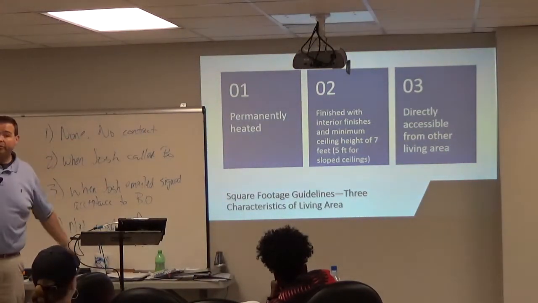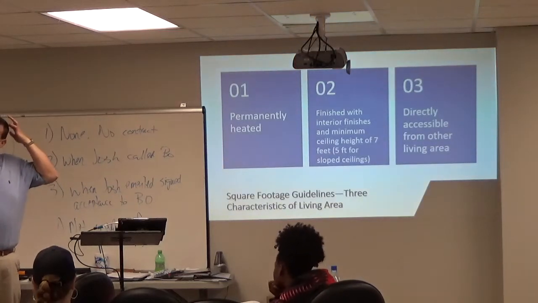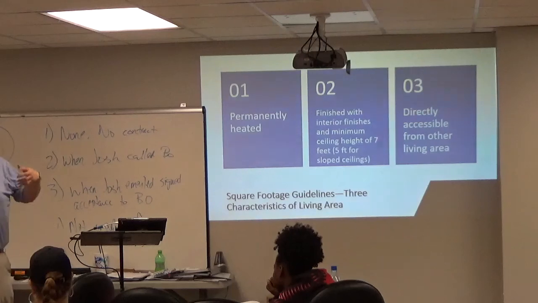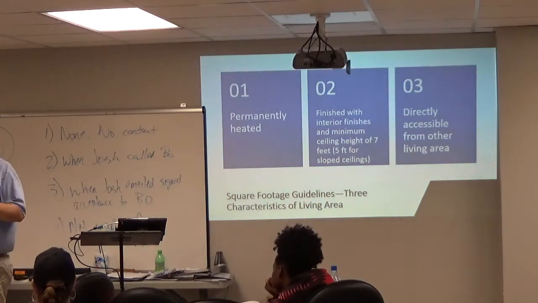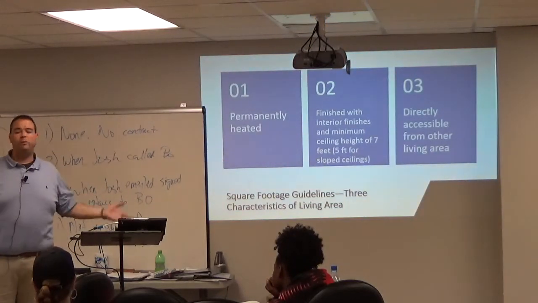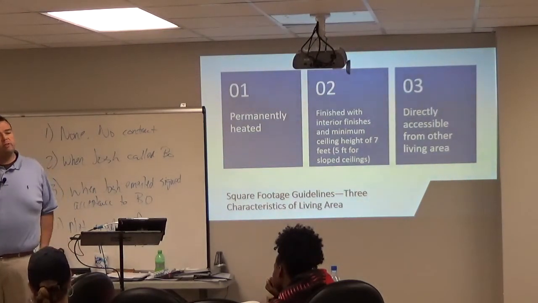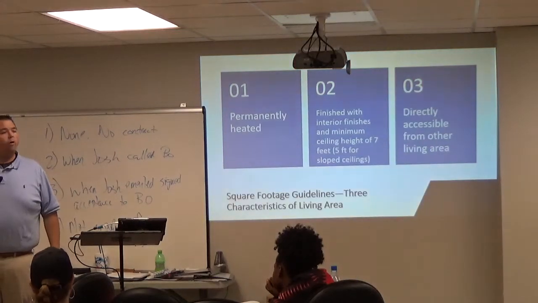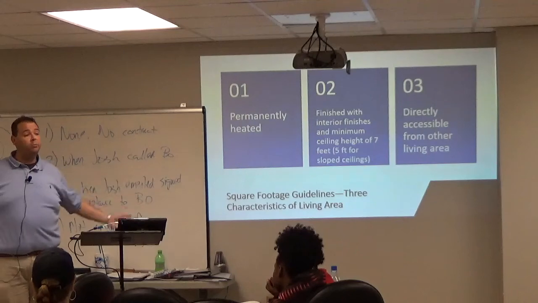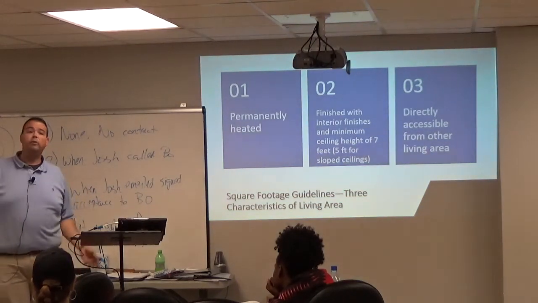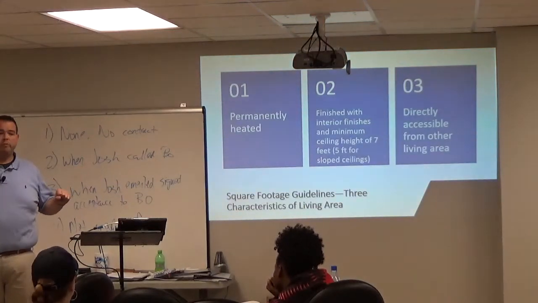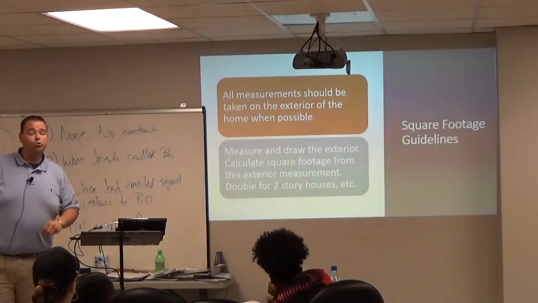Now, on a test, they'll test you on that by saying, you've got this house and you've got a room that doesn't have a permanent heat source, and what's the best solution there? Well, what's the best solution going to be? Install heat. If that's the only thing that's missing, and it's already accessible for it, then install some heat. So that's the way you're going to have to approach that on the test. Is everybody good with this criteria? Yes. Okay. So let's talk about how to measure.